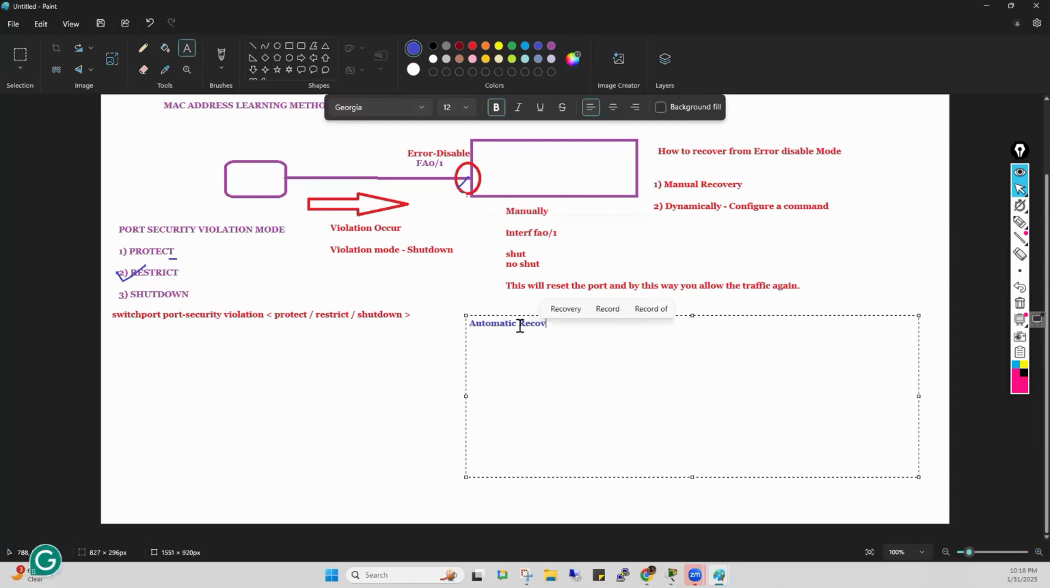automatic recovery, how can we set the automatic recovery? Getting my point? So on the switch, you need to write a command. You need to go into global configuration mode. Please remember, guys, in global configuration mode. Clear? And set the command